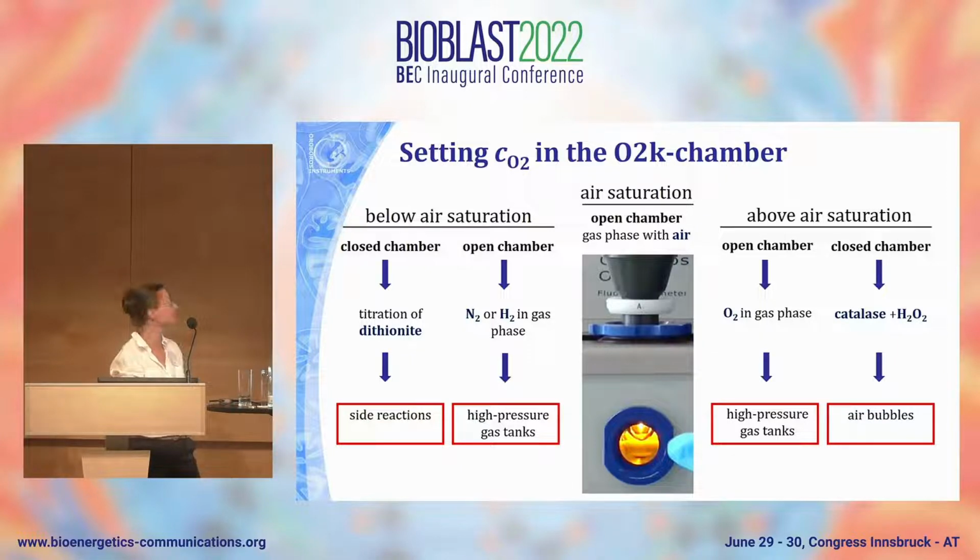With titrations, dithionite definitely with sample might be problematic as you have side reactions, and even with the catalase and the hydrogen peroxide with sample, you can introduce air bubbles which will disturb your measurements. So using gases is actually advantageous. The disadvantage about using gases is that typically you have to use high pressure gas tanks. Either they're installed